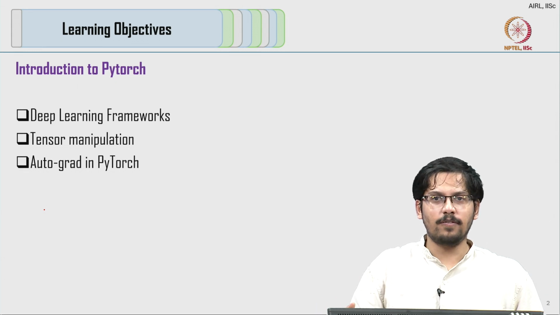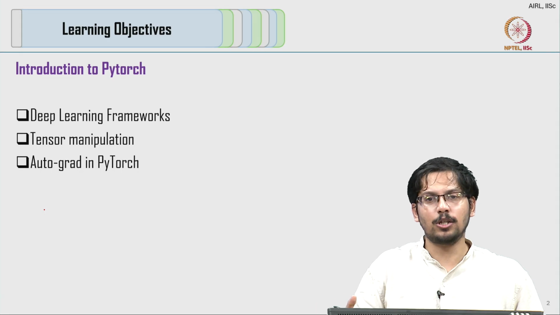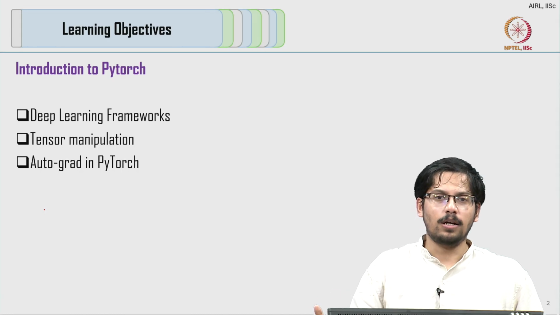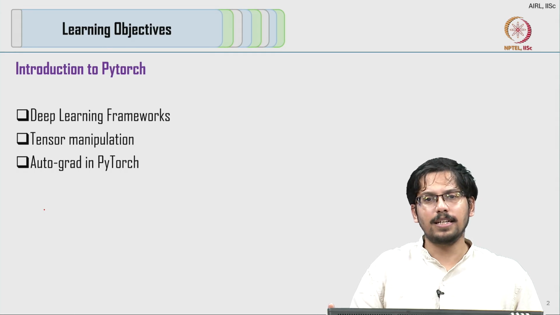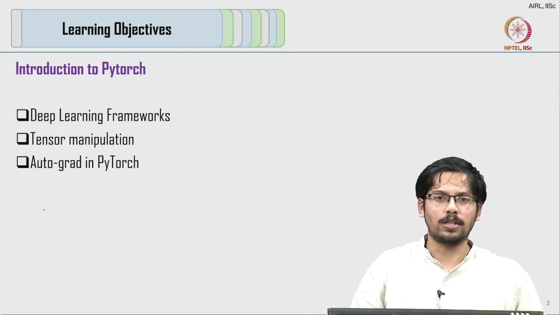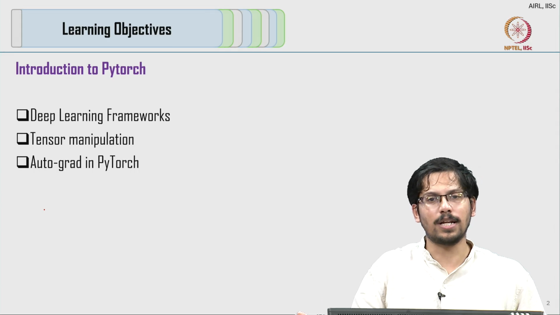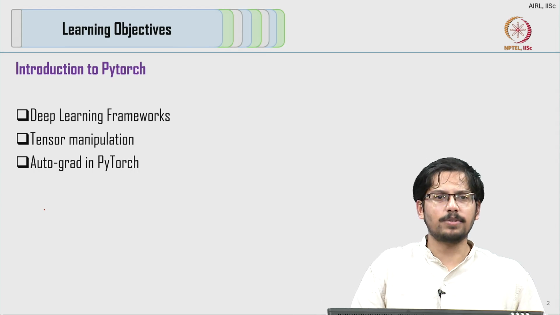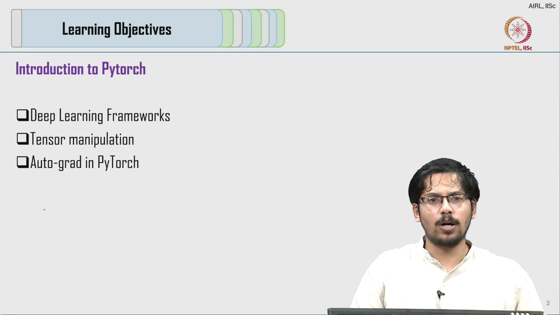If we look at matrices, it is essentially a rank 2 tensor. However, when we are dealing with rank 3 and rank 4, how can they be visualized and what happens when we reshape them? These are some things that we will discuss in the tensor manipulation part, and finally we will talk about the